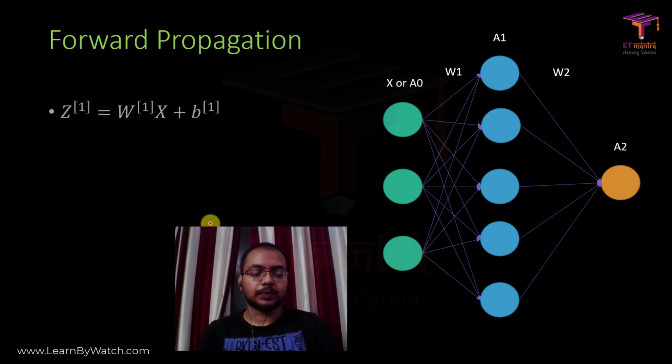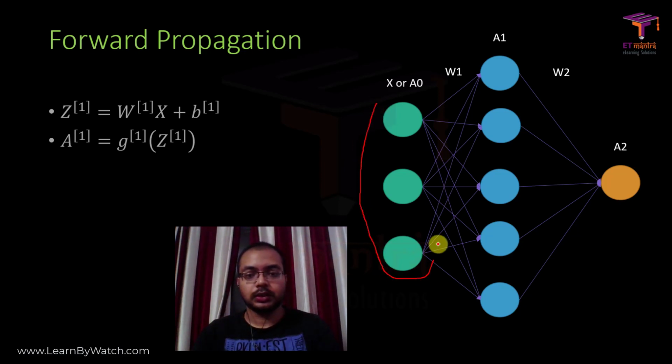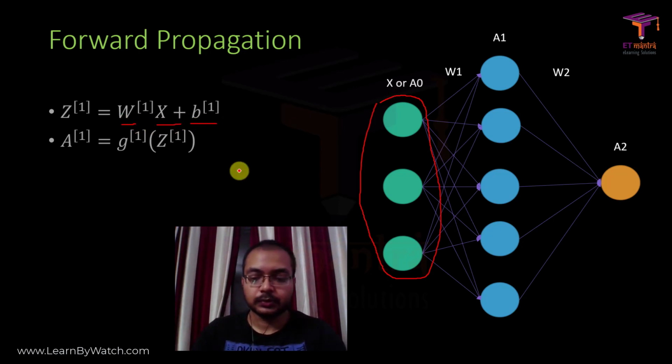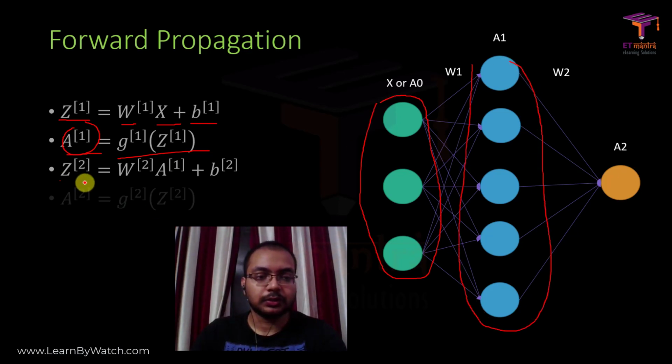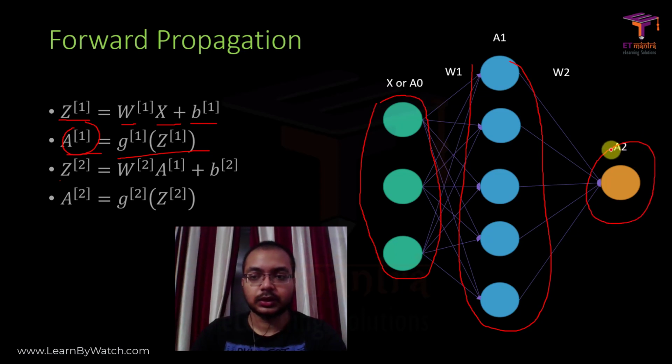Next we also looked at forward propagation. First we input the input features. We have the input features, we have our omega and b which we initialize, and then from there we find z, pass it through this activation function and we get a. Then again we repeat the same process for the next layer. For the next layer a1 becomes the input, and again we calculate z2, and similarly a2, since it is the output layer, will be our predicted label.